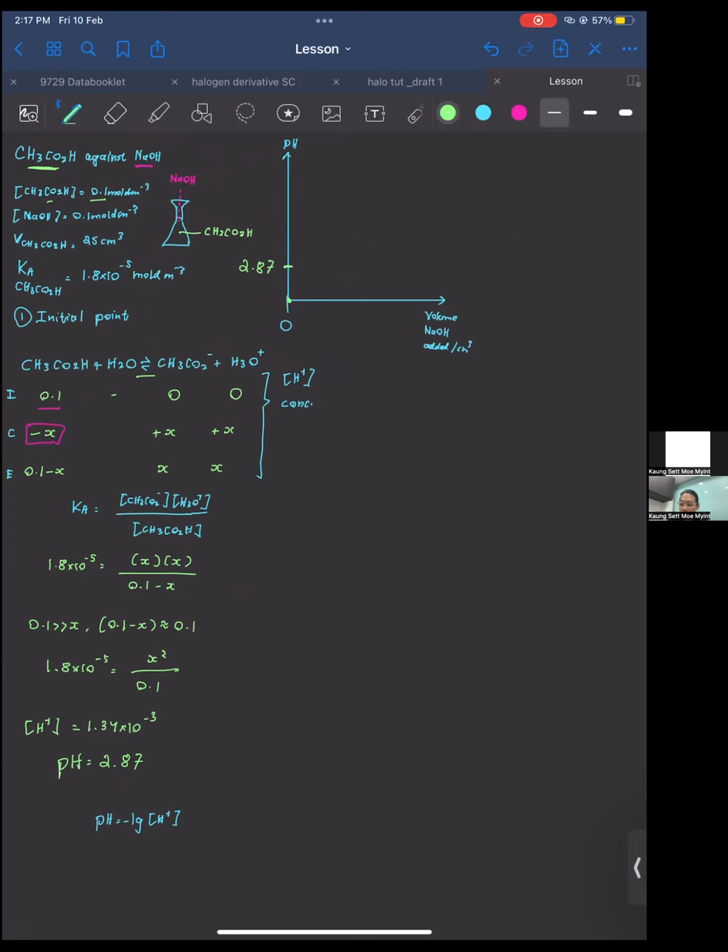The first skill is called the initial point skill. And the initial point skill is very easy because all you are doing is calculating the pH of a weak species. Okay,